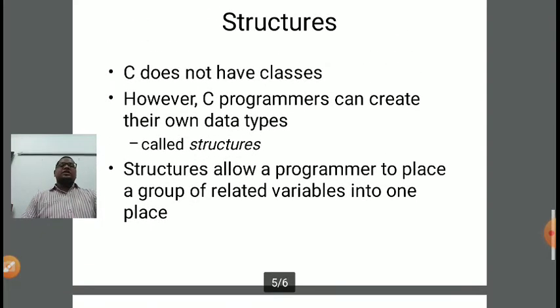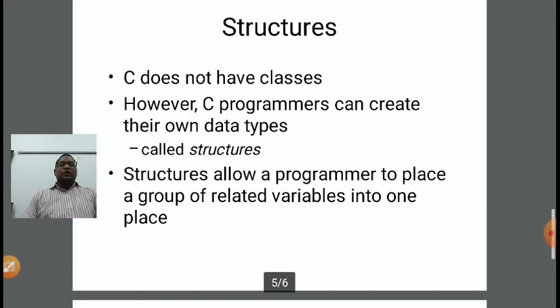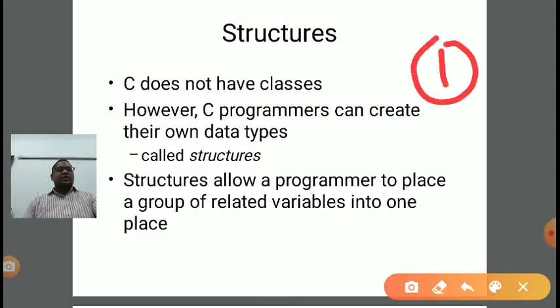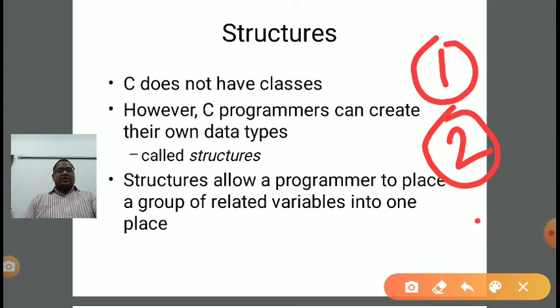Now in case of structure, there are some components we need to include in a C program. First component is structure declaration. Second component is structure object creation, and third is accessing structure members using the structure object. First is structure declaration or structure definition, which is generally written before main.